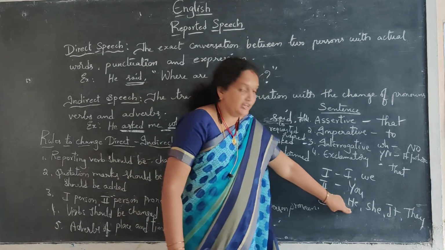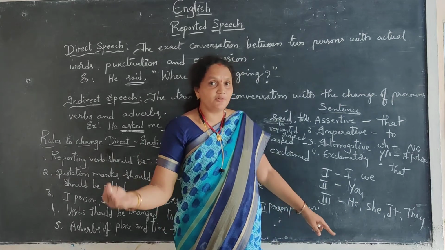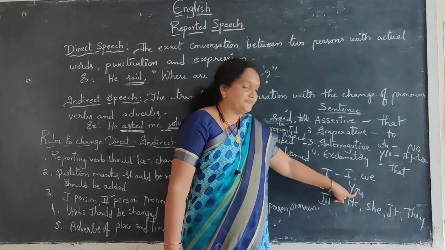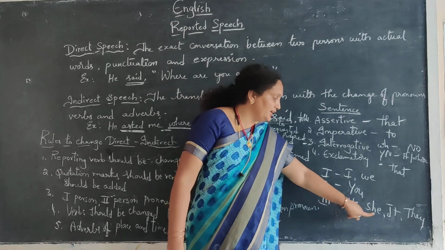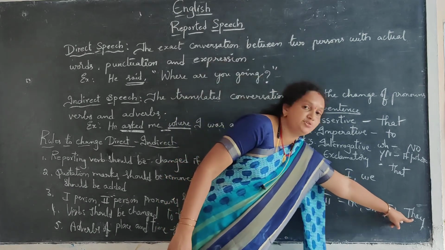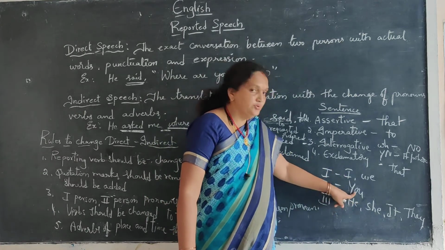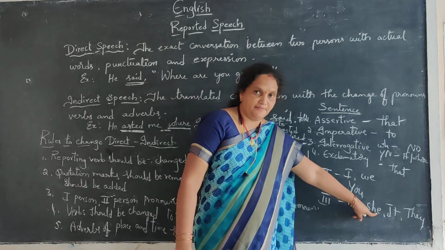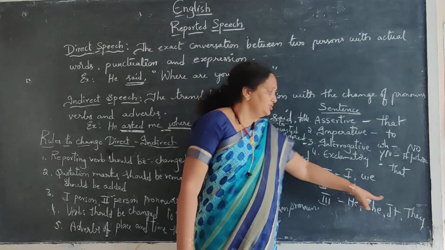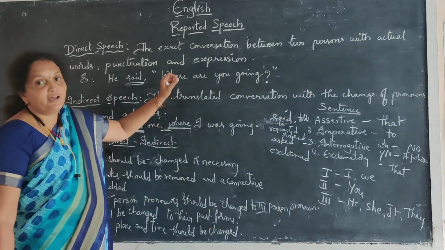That means he. If your friend talked to you that I went to somewhere, what did you use after going home? He went to somewhere. Because I and the singular form of you will be changed to he or she. And the plural form of you and we should be changed to they. So in such a way we have to change the pronoun.